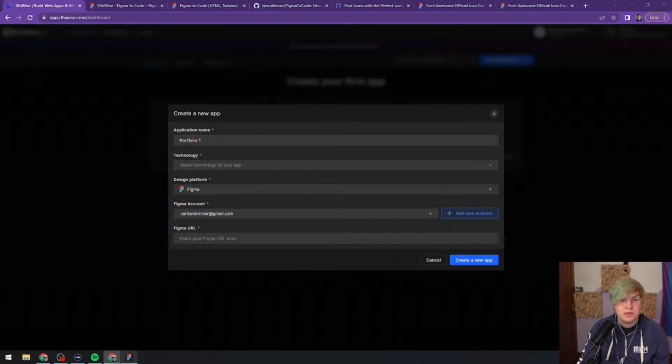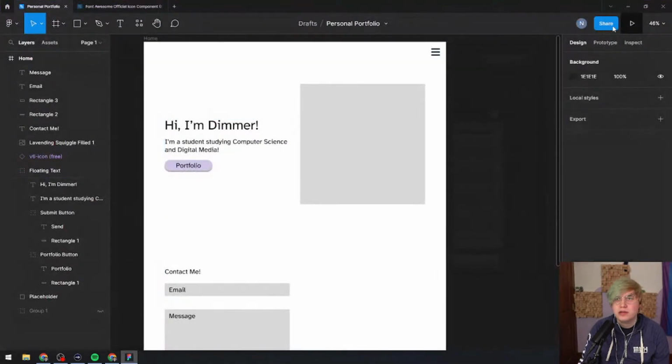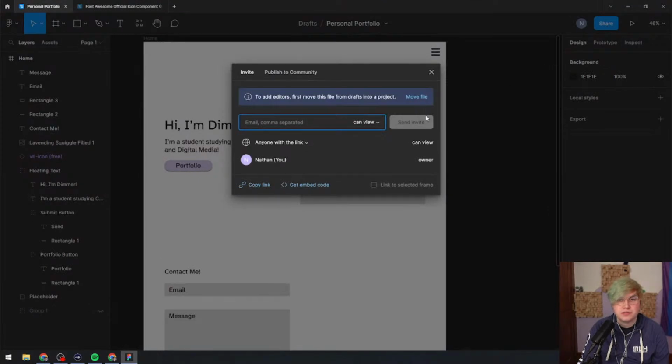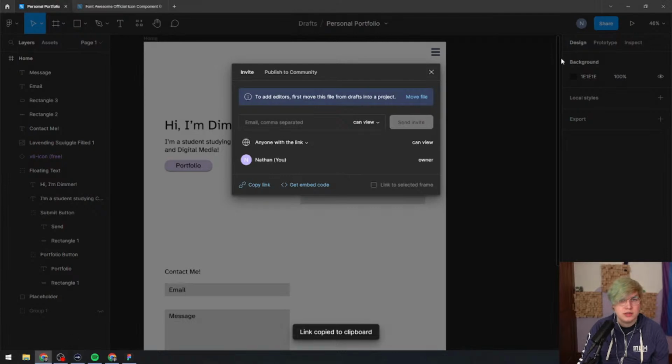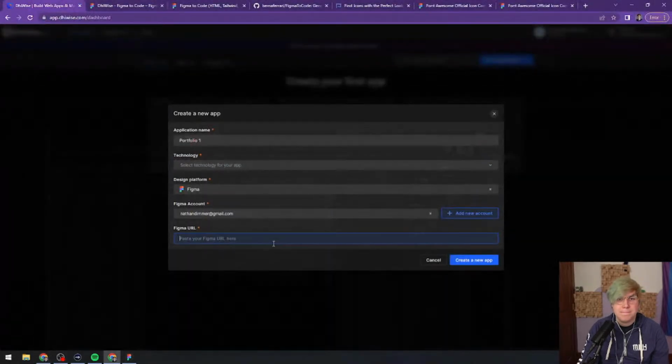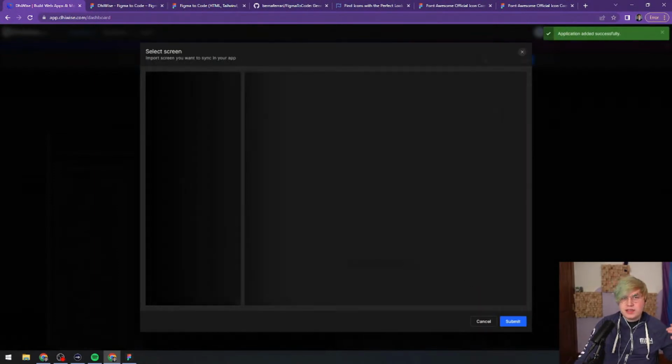And then I'm going to paste in a Figma URL, share, copy link, paste the Figma URL, create new app, and hopefully this now does all of the hard work for me,